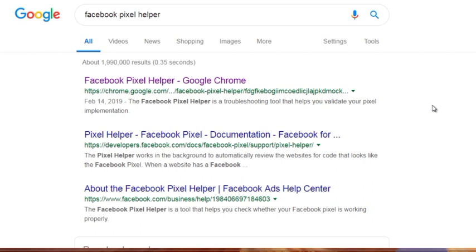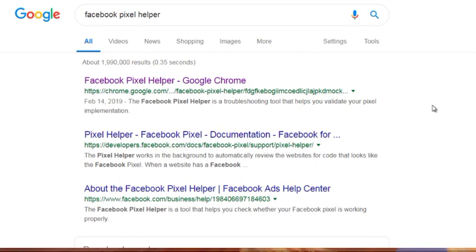So how do we do that? We do that by simply downloading a Chrome extension, which is free, called Facebook Pixel Helper. What that does is detect whether you have a pixel on the specific page that you're looking at. So let's say, for example, the funnel has 3 different pages. We can go to those 3 different pages and see what Facebook Pixel Helper is telling us. It'll tell us whether it can see the view content or the add to cart or the purchase code